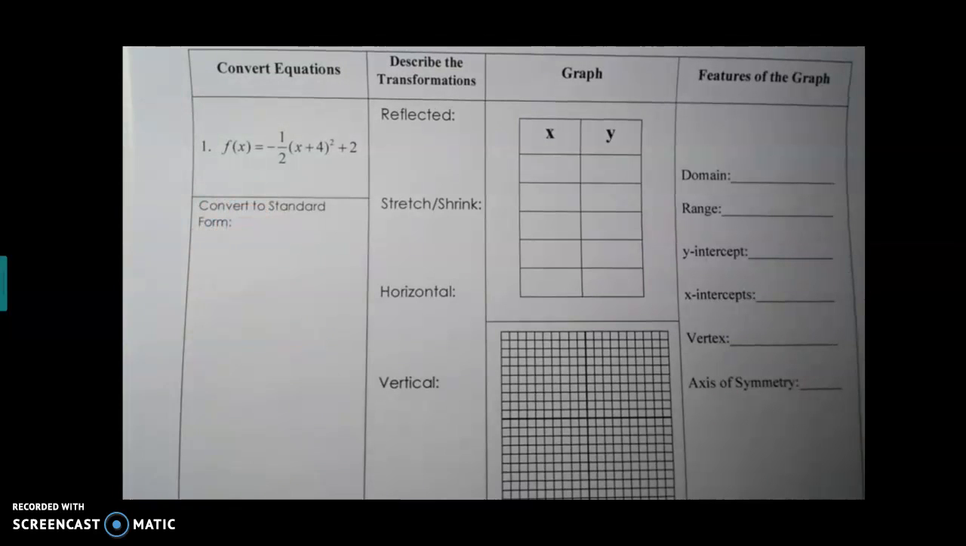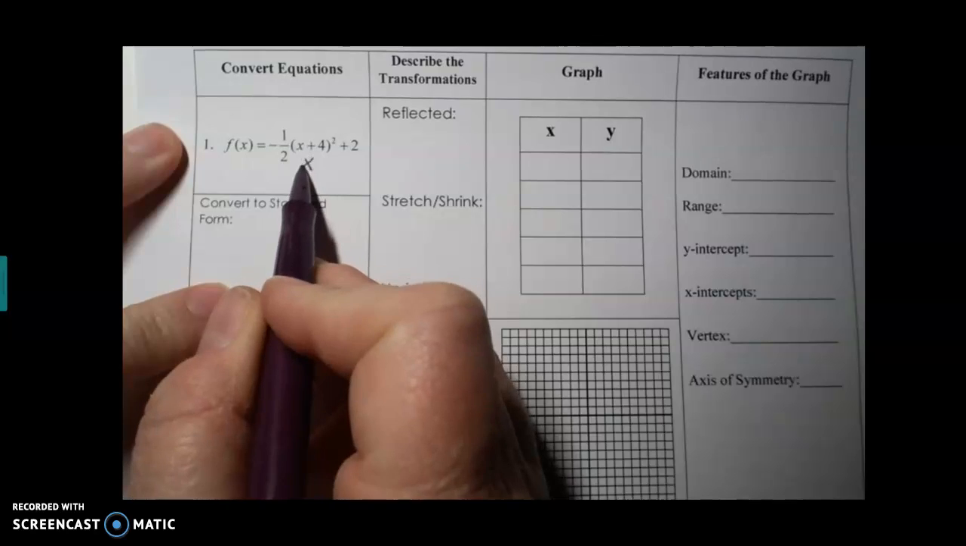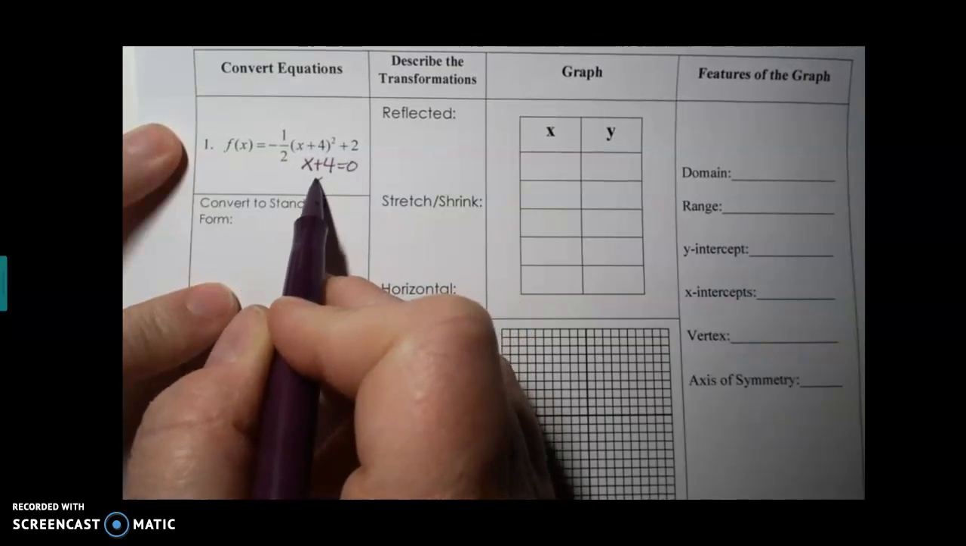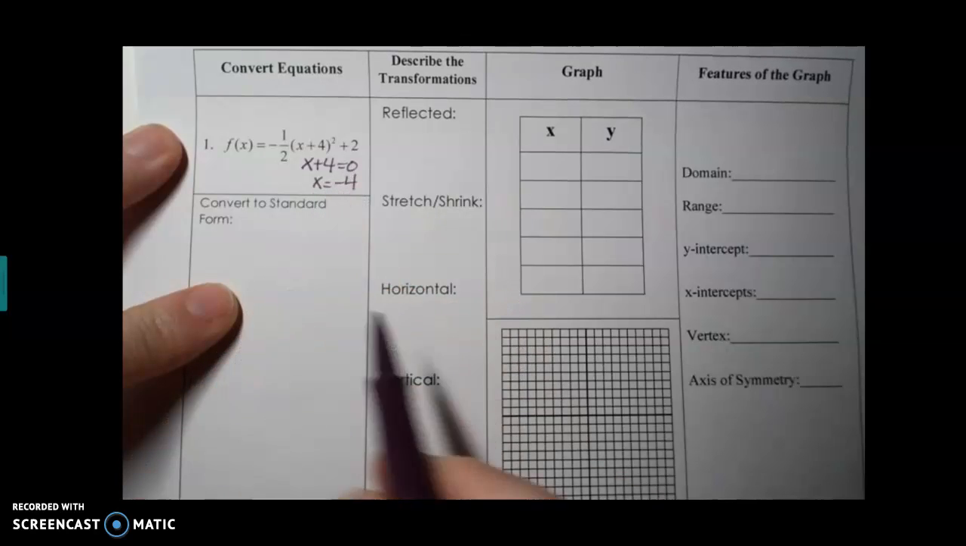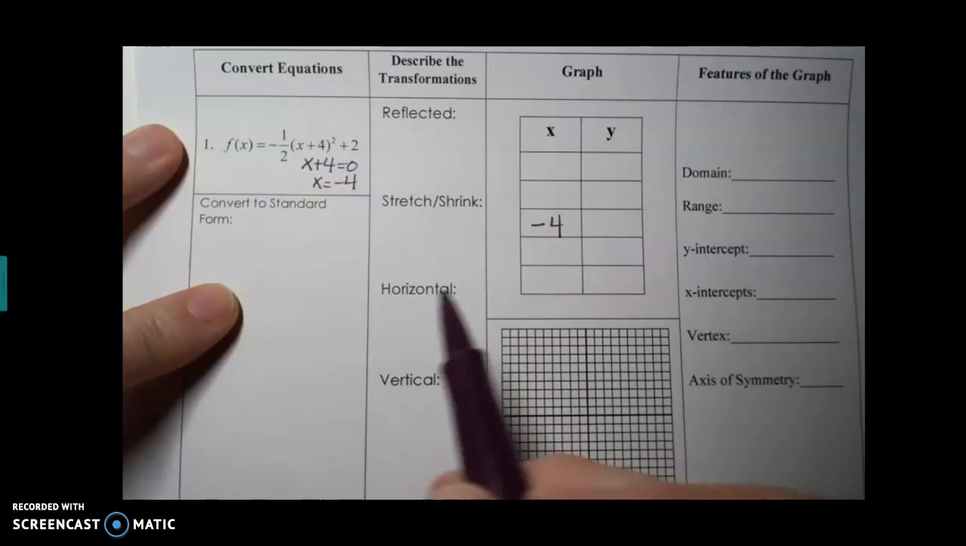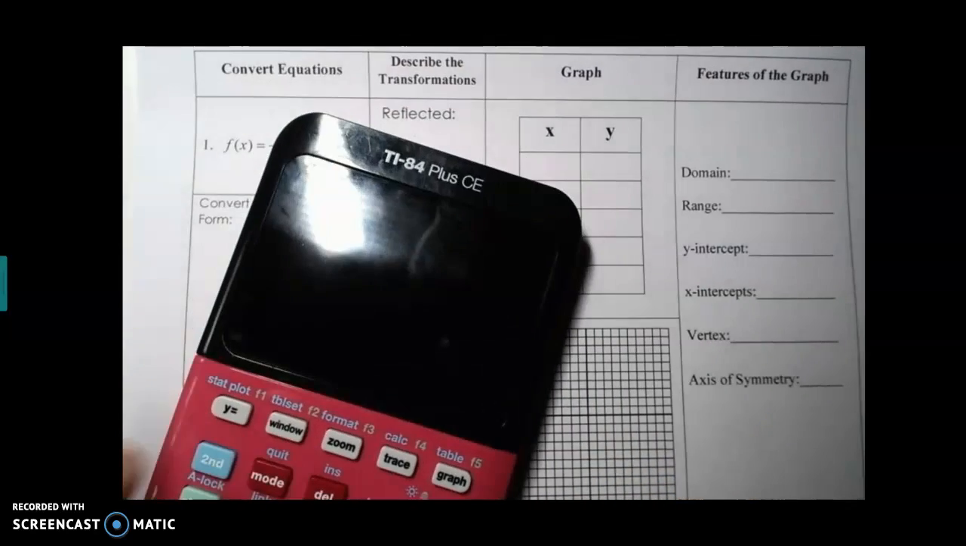So this equation is in vertex form, which means we can pull the vertex out. When it's in a parenthesis, it really means you're doing whatever's in the parenthesis equals 0, and when you solve it, you actually get the opposite number. So my x value of my vertex is -4, and my y value, I can either plug -4 back in,